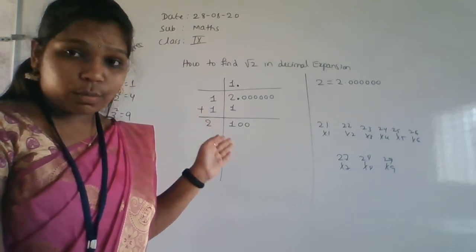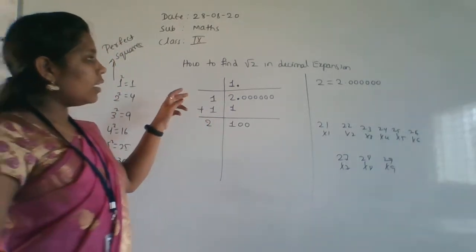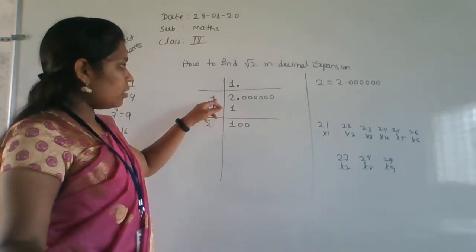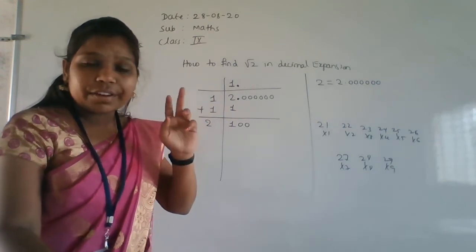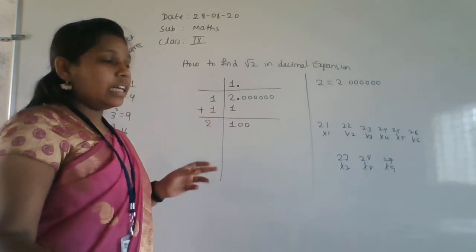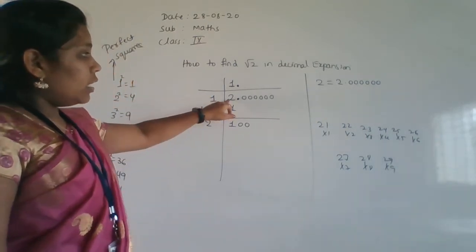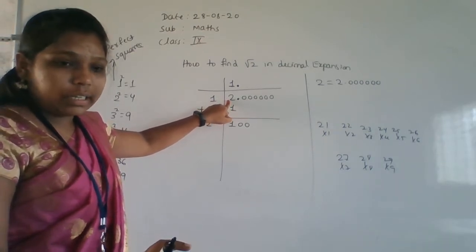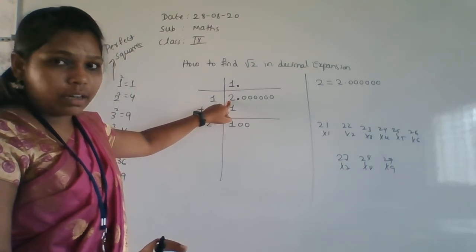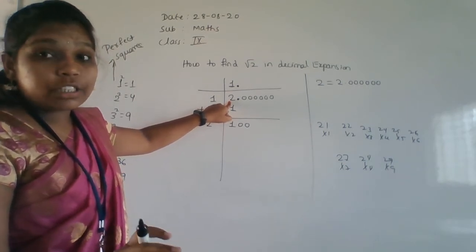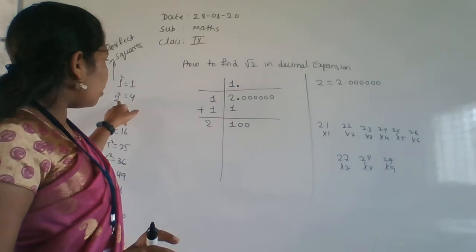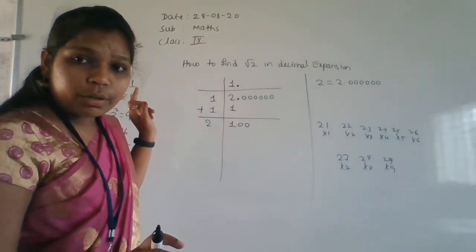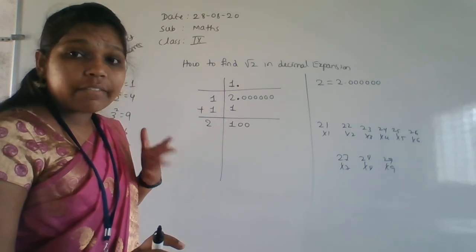I'm telling slowly only. See here, 2.000 I am taking here, and you have to take the perfect square number. Okay, if here is a 5, assume here is a 5, then which value do you have to take here? That is 2 square, means 2 twos are 4, you have to take here. Don't take the other values, we can't have any option.